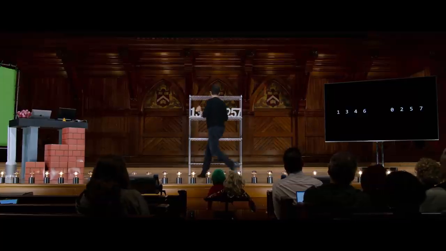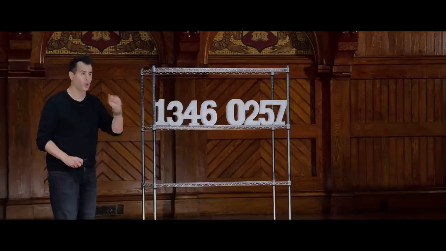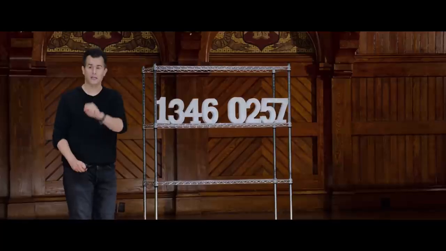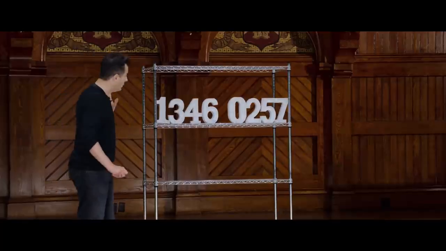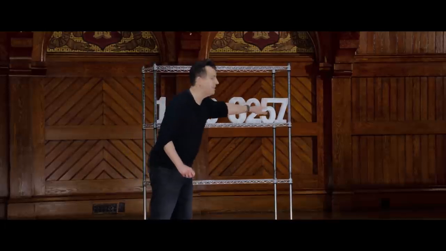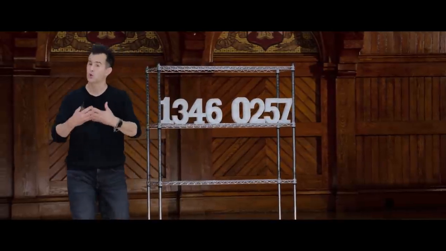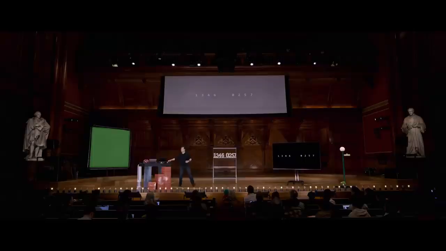So wonderfully, during the break, we replaced the lockers with these shelves. And on these shelves are 2 sorted lists of size 4. The whole list is not sorted because notice I've got 1, 3, 4, 6, but I've got 0, 2, 5, 7 over here. Suppose, though, I want to merge these 2 sorted lists together, each of size 4, into one bigger list of size 8.